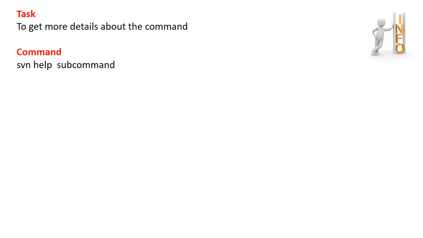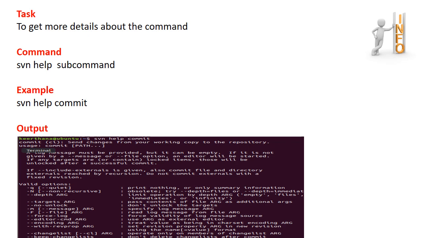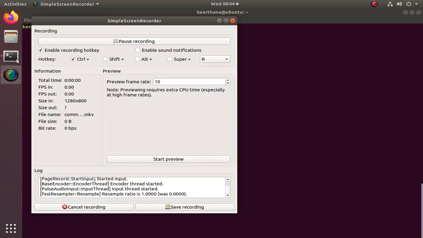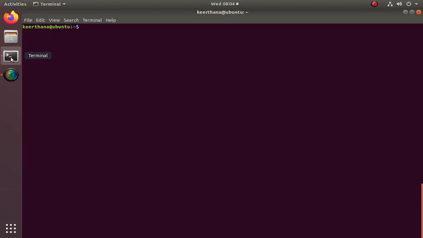For example, if you have a command called commit and want to know more about it, you can type svn help commit. Let's see more information about the commit command. svn help commit.